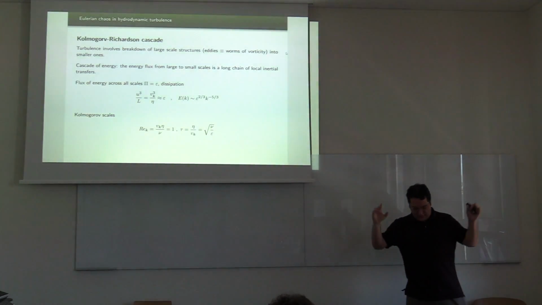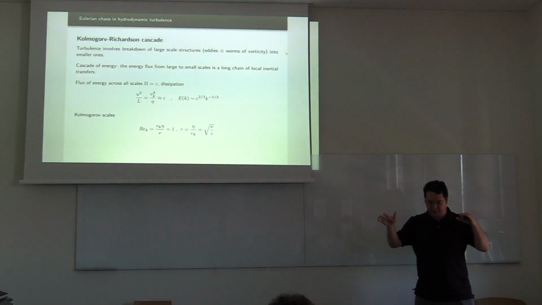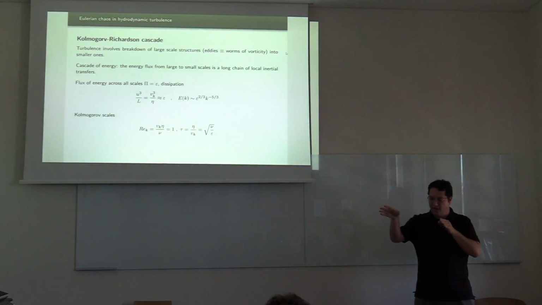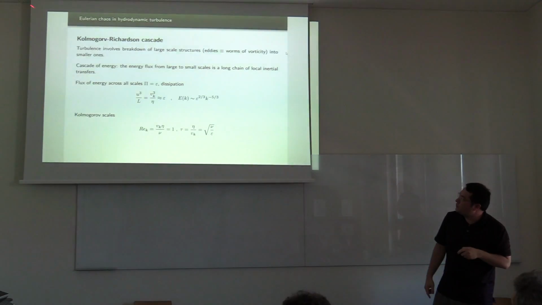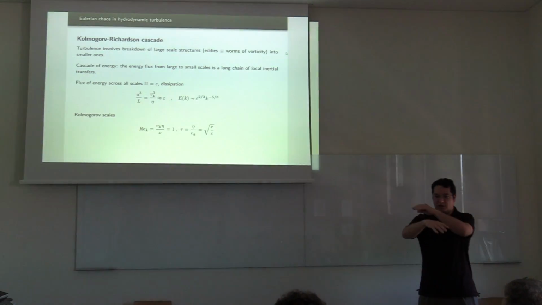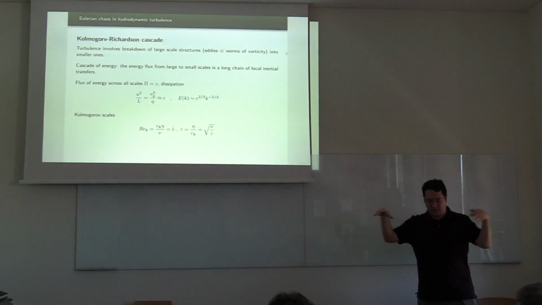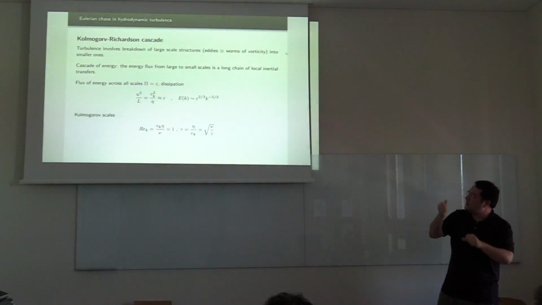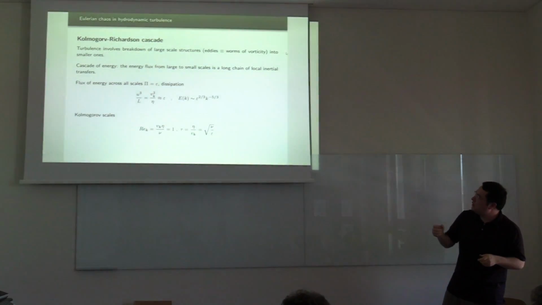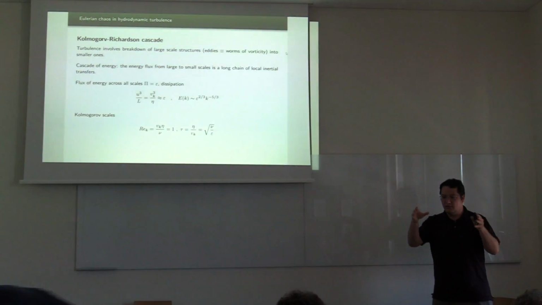So phenomenologically we can think of turbulence as generated by an instability in a shear flow. We have two flows going past each other with different speeds, and an instability generates a structure between them. Now you have this large-scale structure from the instability, which is called an eddy. These eddies are basically lines of vorticity. Now these large eddies then